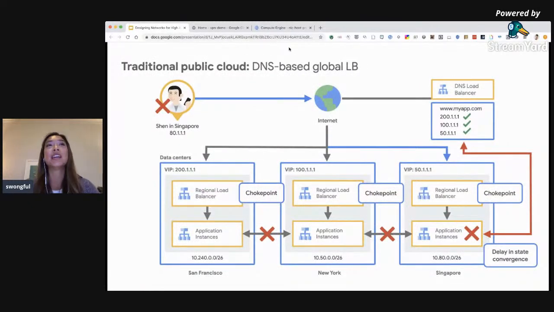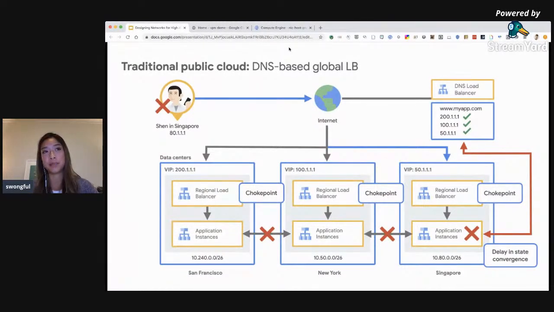So before I dive into it, I want to talk about DNS-based load balancers. Now, this is a traditional model of deploying a load balancer either on-premise or in the cloud. It's a topic that usually comes up with developers asking questions about load balancing on Google Cloud, like why don't we use a DNS-based global load balancer as our preferred mechanism? So the challenge with DNS-based load balancing here is you can see from this illustration that with many traditional load balancers that are designed this way, you're going to be running multiple backends in various regions. And that also means that you'll most likely be having to run various DNS servers, DNS records that are pointing